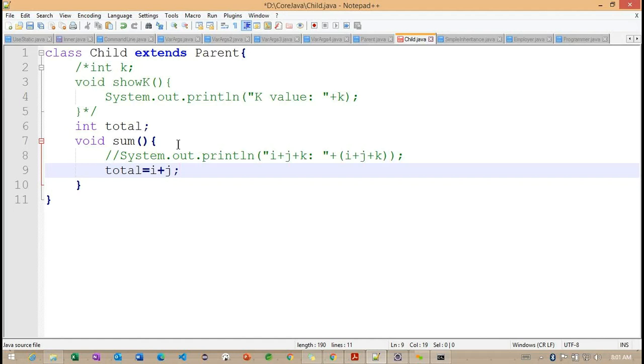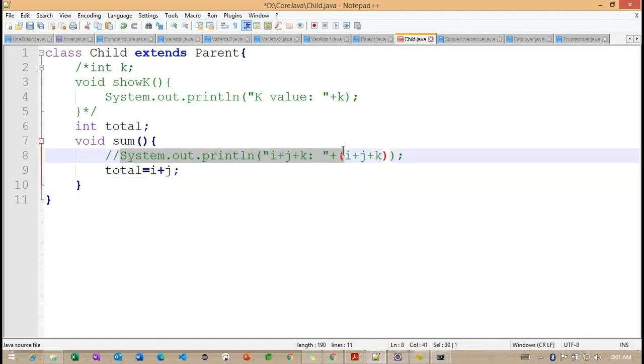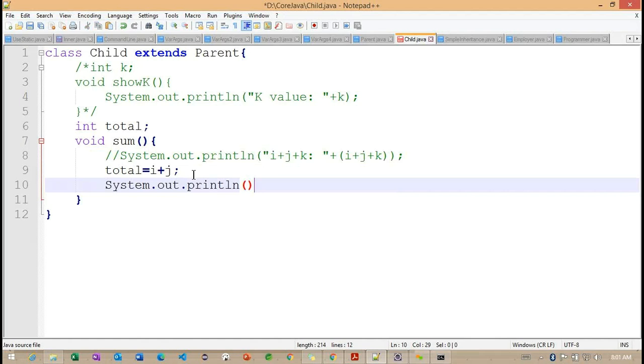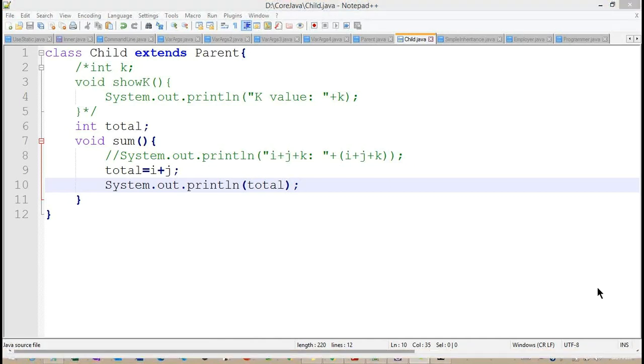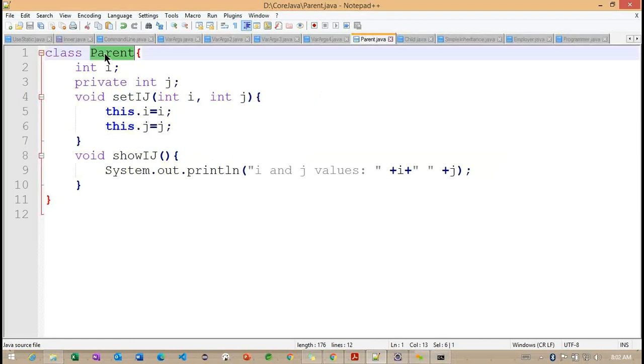So finally, now what we can do is print this particular total. So can you please let me know, if I'm going to call this particular sum method, are we going to get any error? Any error we are going to get? No. Okay, let's see. Now we need to understand carefully.